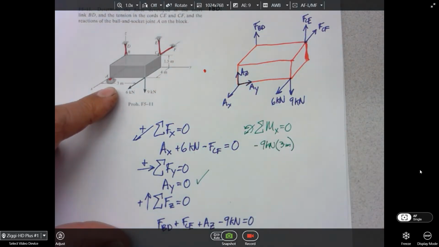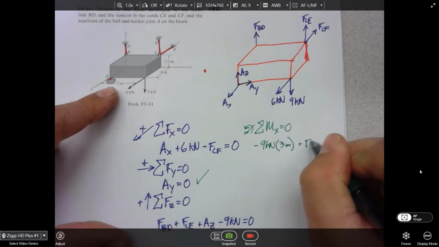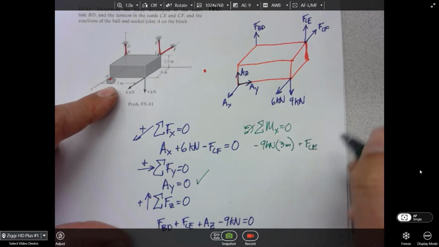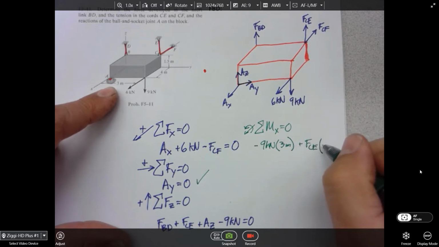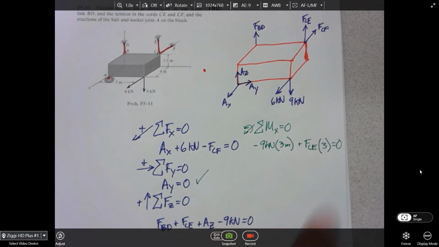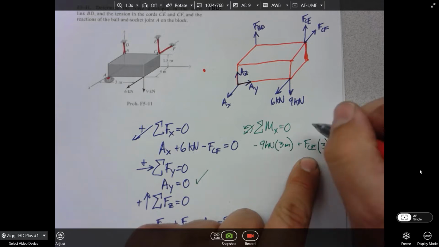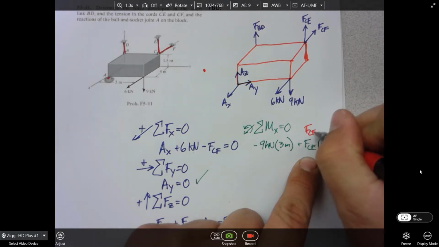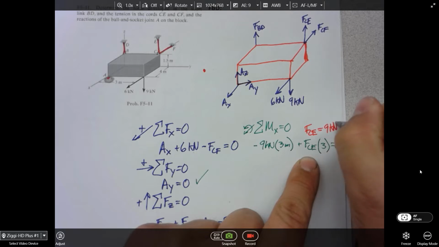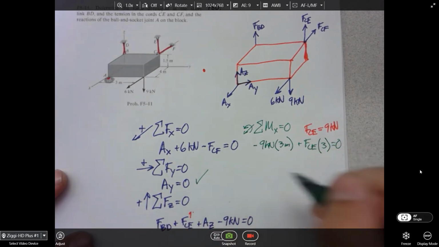So that's going to be negative 9 times 3 plus FCE times 3 equals 0. Now, is FCE positive or negative in the moment sense? Positive. So we just found out FCE, right? What's FCE have to be? FCE is going to have to equal 9 kilonewtons, right? So we can go back here and say, oh, this is 9, right? Then we'll sum our moments